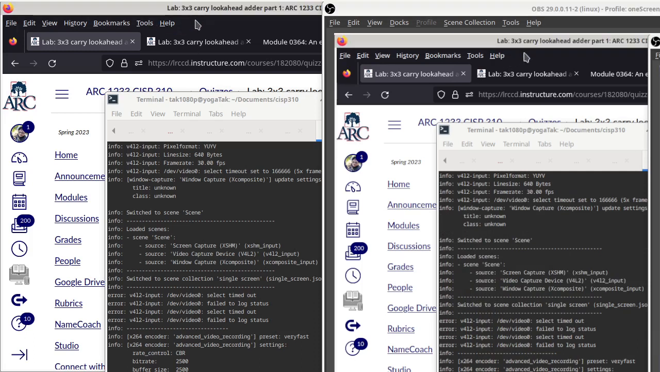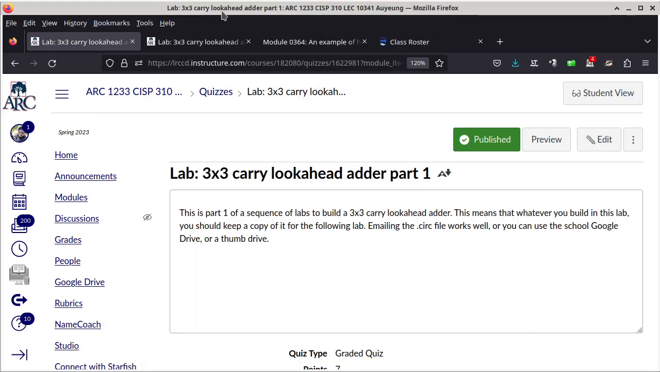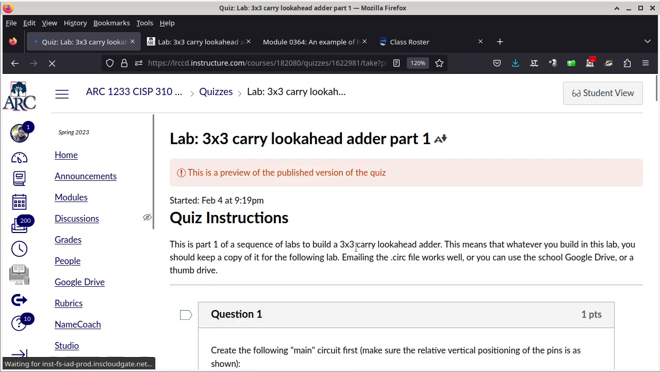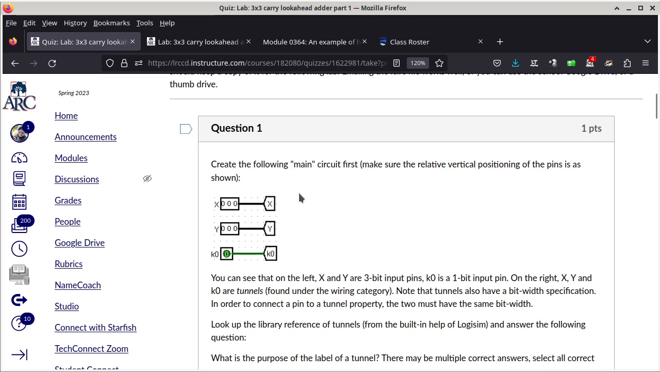Alright, so this is a recording of the 3x3 carry look-ahead adder, and I am going to pretend that I'm a student and see if I can follow my own instructions. Alright, so question number one says we have to create a circuit with these input pins and also these particular tunnels, and